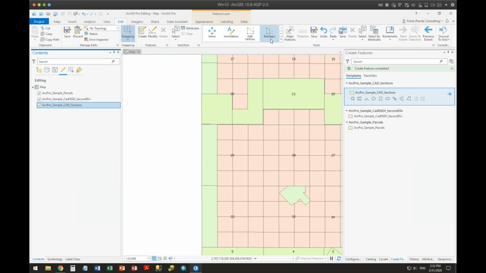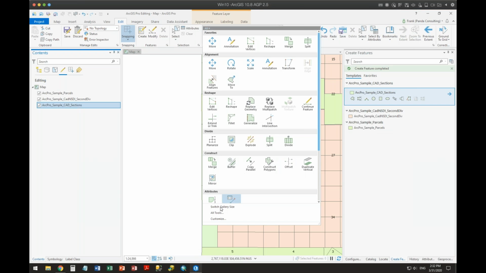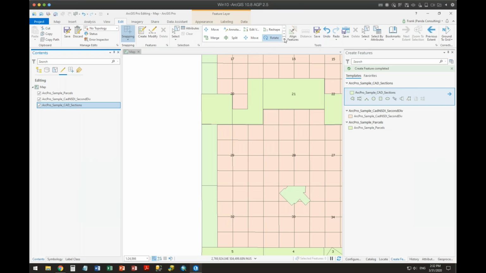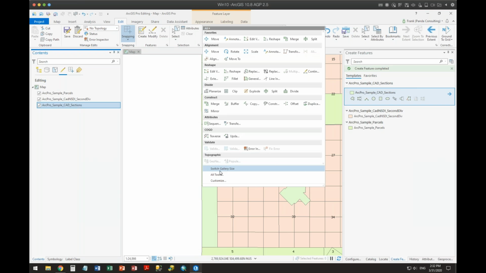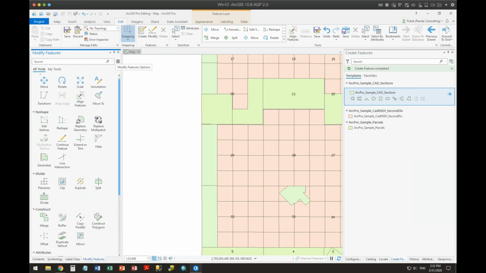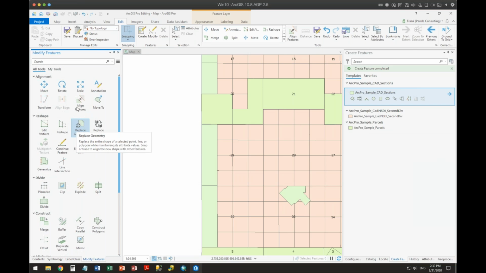Those are my customizations that I put in here. So this is the tool gallery. The size of it is dependent upon whether you have other customizations or what you set it for. If you click on this button here, it allows you to change the size in case you want to see more. It also allows you to switch to a pane that contains everything on here.